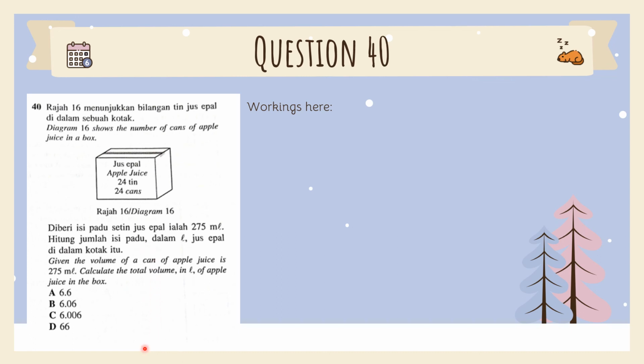Okay, so there's 24 cans and 1 can equals to 275 milliliter. So in order to find 24 cans, you just times 275 by 24. So 275 times 24